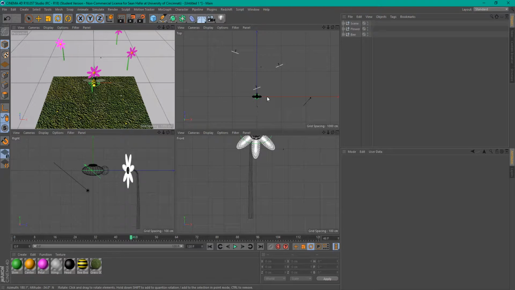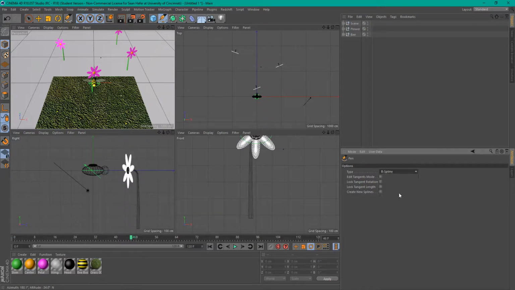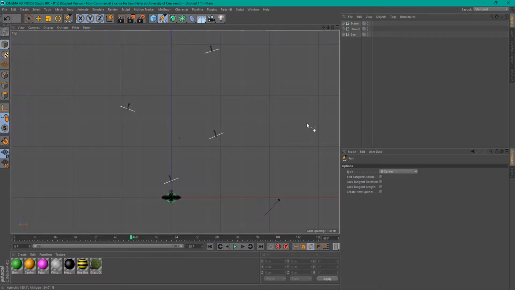Now I could just move my bee to different points and set keyframes, but we're going to do an align to spline. So I'm just going to go up here, take my pen, and switch my type from Bezier to B-spline. So that makes a nice motion path. And then I'm just going to go in my top view and start doing a quick little